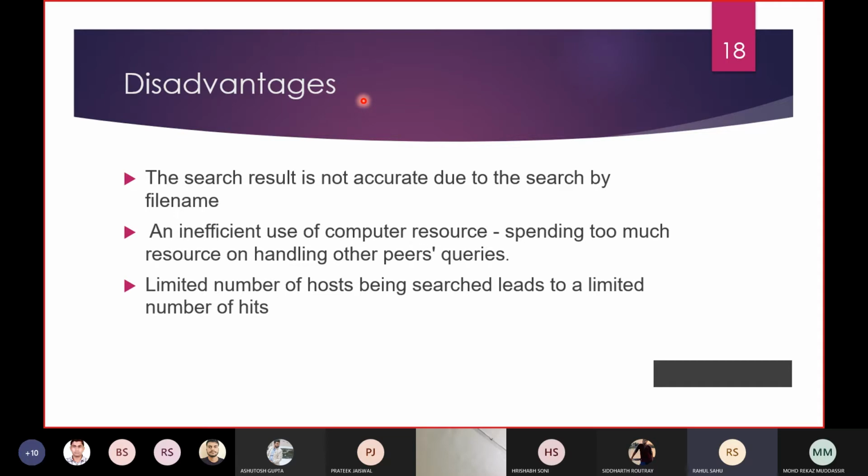And efficient use of computer resources is another: too much resource is spent on handling these peers' queries. So to handle these queries, a lot of resources are spent. A limited number of hosts being searched leads to a limited number of hits. If hosts are limited, then the number of hits will also be limited. So this is the disadvantage.